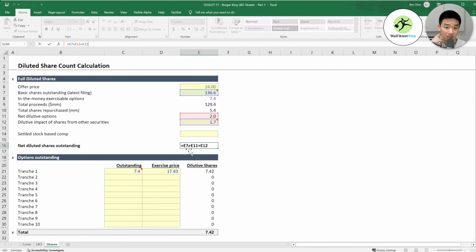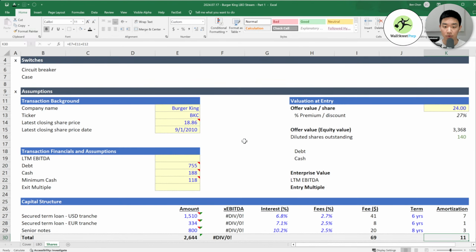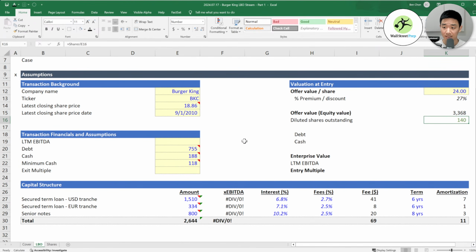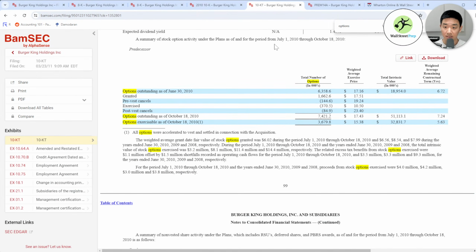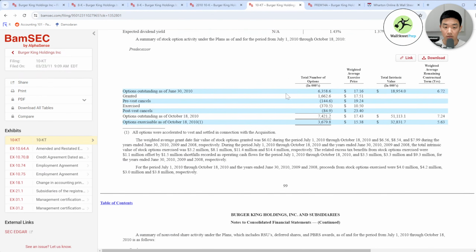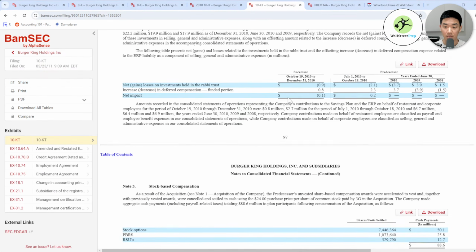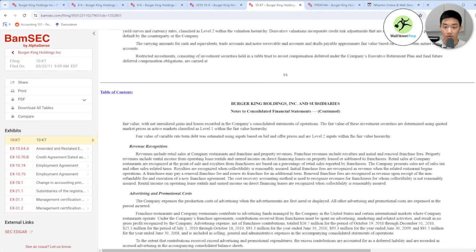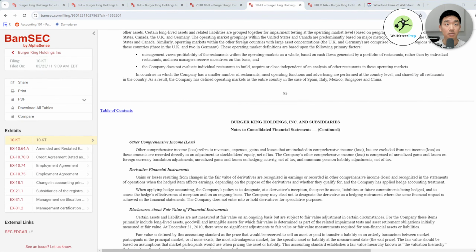So that means it's 140.3. This adds your shares outstanding plus your stock options plus the RSUs and all that stuff, and gets us to 140.3. And that gets us to 3.368 billion. But the reason that I didn't want to do that, I'm going to have to remember where, let me, here.